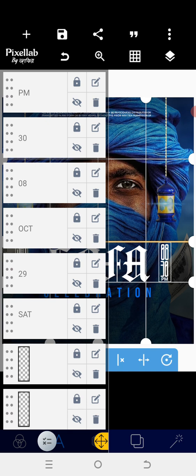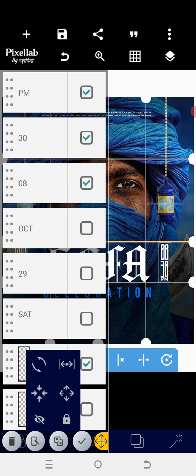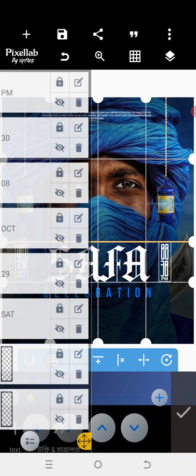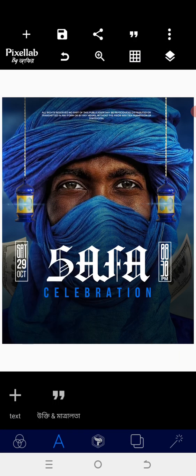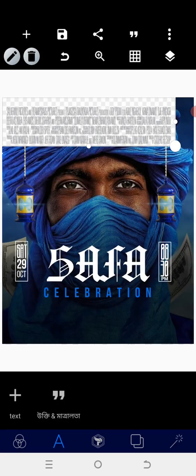So confirm first. So we'll move 8:30 p.m. So we are going to move that up so that it won't touch this. Okay, cool. So everything seems to be working perfect now. After that, we're heading back to the gallery. Get into the gallery, bring this. Okay, if this now works, we can